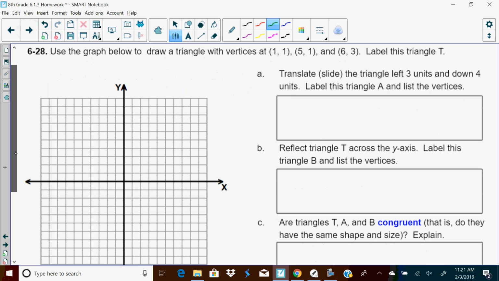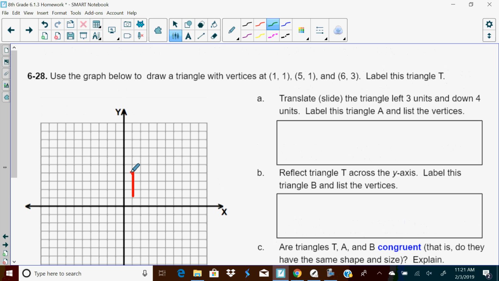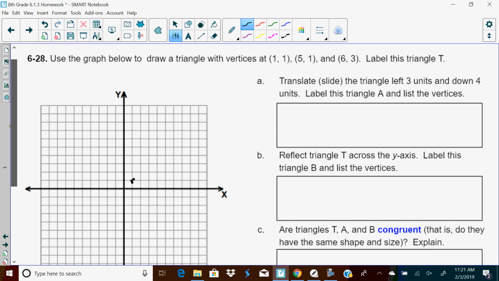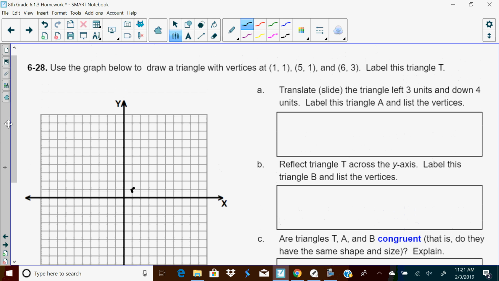628, use the graph below to draw a triangle with the vertices at 1, 1, 5, 1, and 6, 3. Label this triangle T. So 1, 1 is going to be right here. And then 5, 1. It's right there. And 6, 3. So our triangle, we're labeling it triangle T,